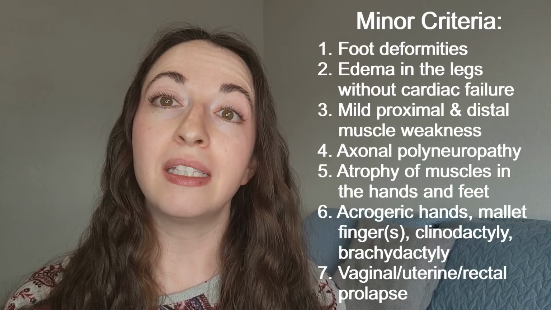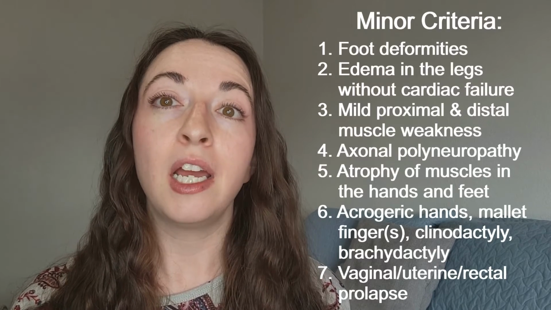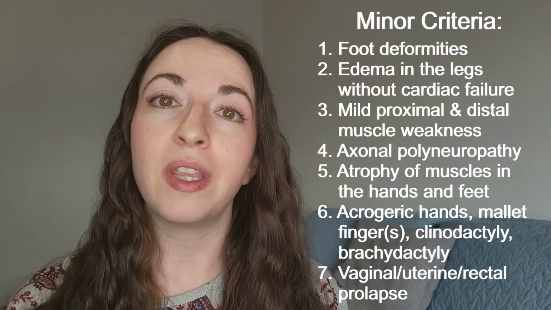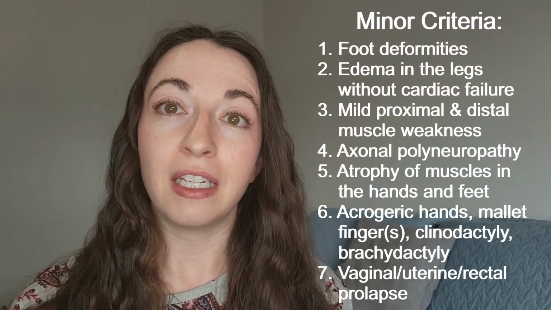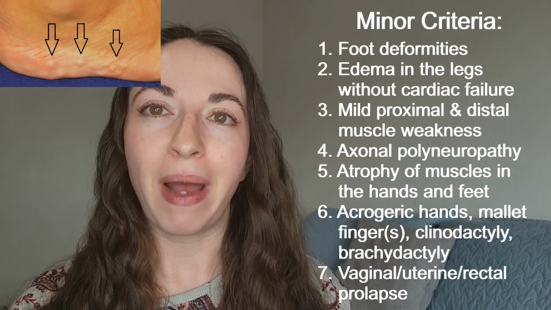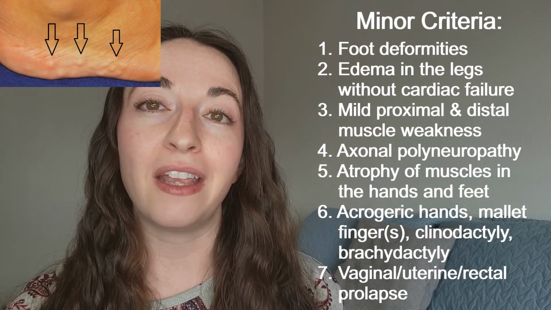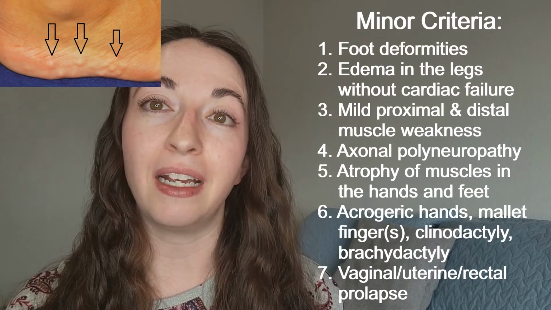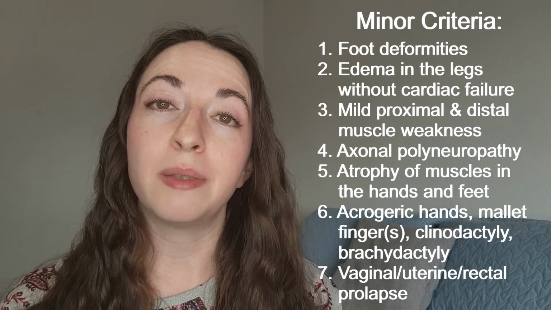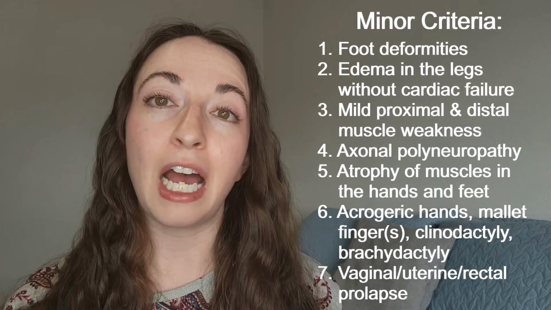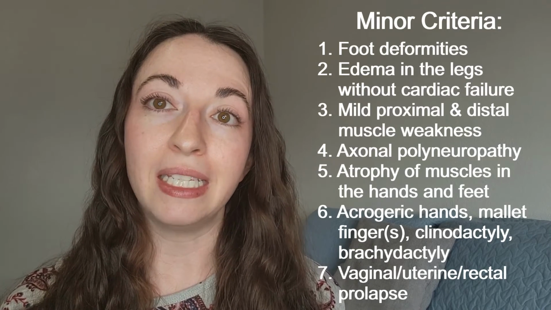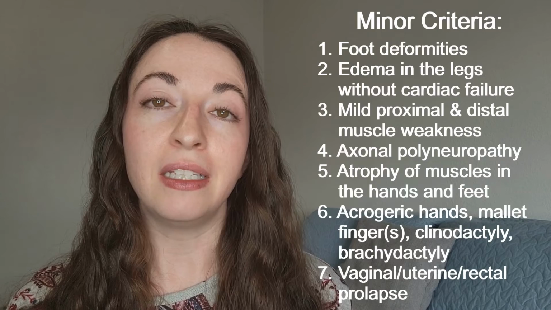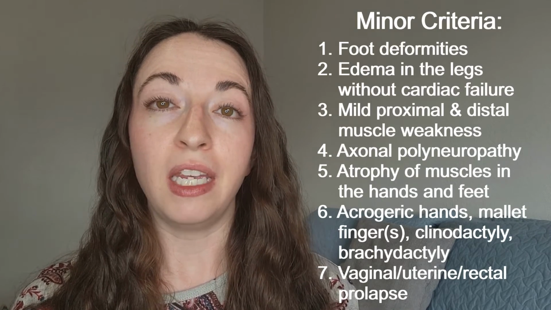The 7 minor criteria include foot deformities such as a broad plump forefoot, brachydactyly or short toes with excessive skin, pes planus or flat feet, hallux valgus or bunions, piezogenic papules, which are little lobules of fat that poke through the skin of the heels when standing, edema or swelling caused by fluid retention in the legs in the absence of cardiac failure, mild proximal and distal muscle weakness, which is weakness in the extremities,